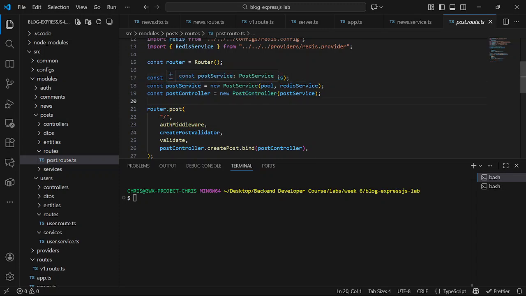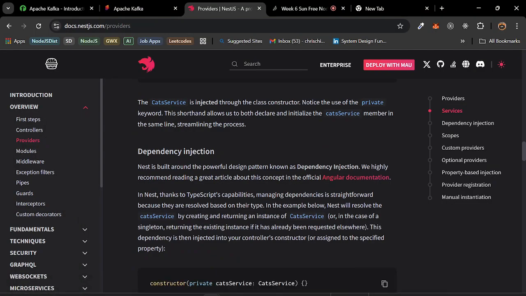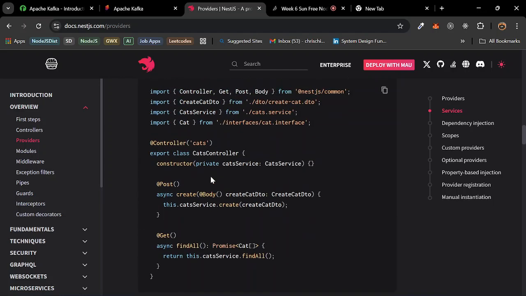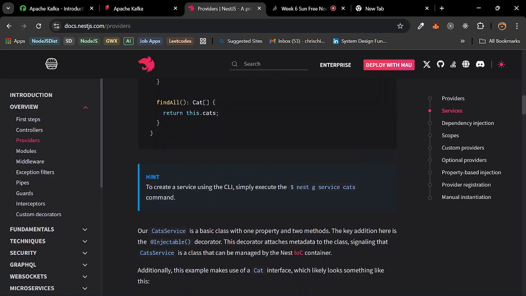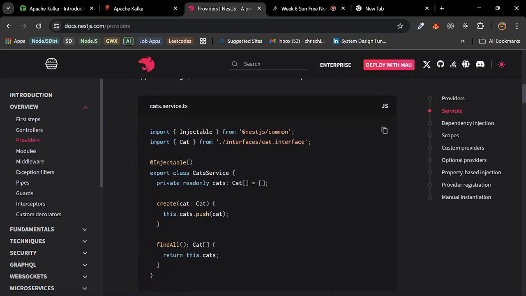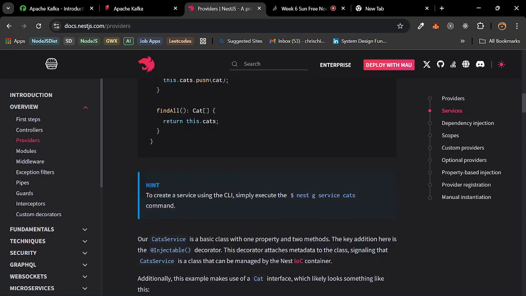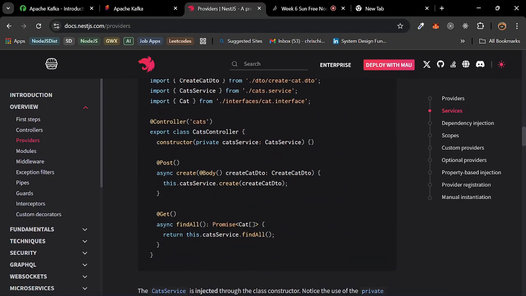When you create a class and give it this Injectable here, you are telling NestJS that this class is a dependency class. Then you can inject it into other classes as a provider or dependency, right? So that's what it means. It helps you manage dependency injection in your project. So that's the major difference.